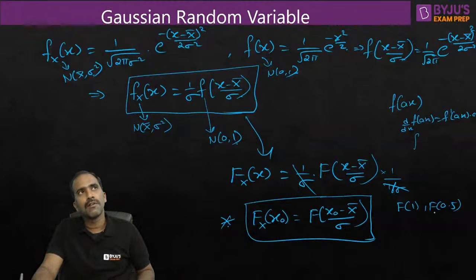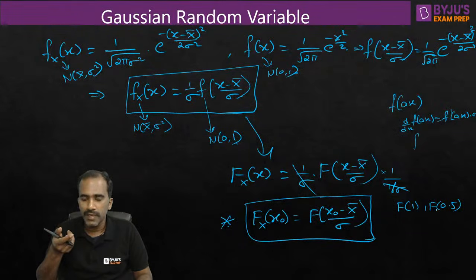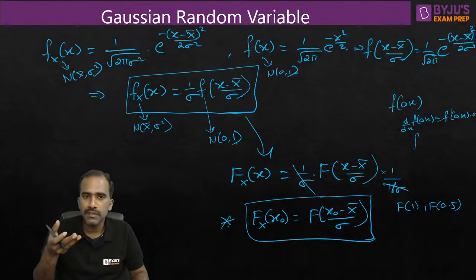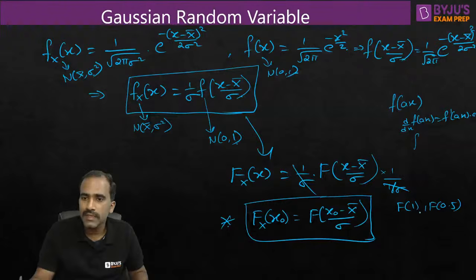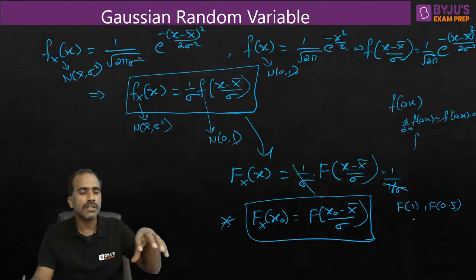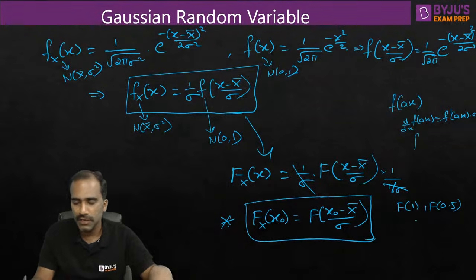But for every Gaussian function, if they want to provide, that is not possible, no? Because a Gaussian function can have any mean and any variance. They can't provide these capital F function or CDF function values for every possible mean and every possible variance. That's why they provide these CDF function values or Q function values only for a normalized Gaussian distribution function. So whatever Gaussian distribution you are dealing with, with any mean, any variance,